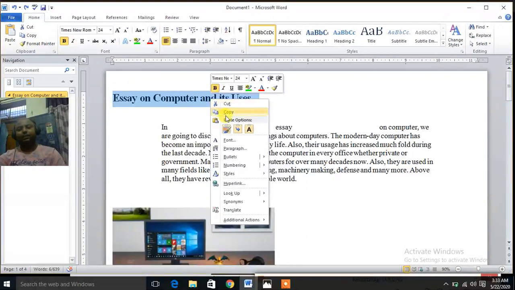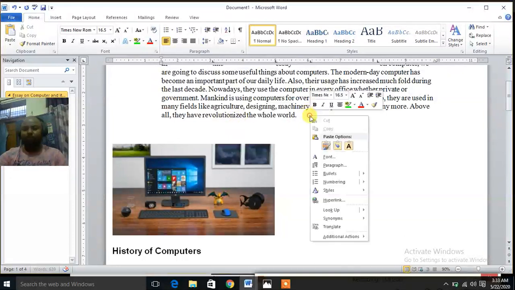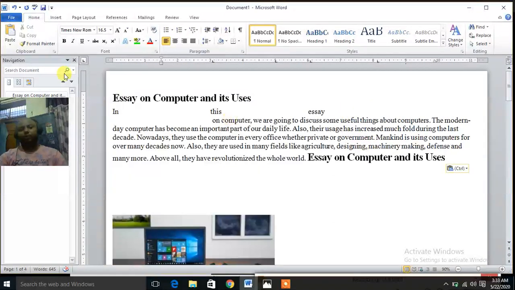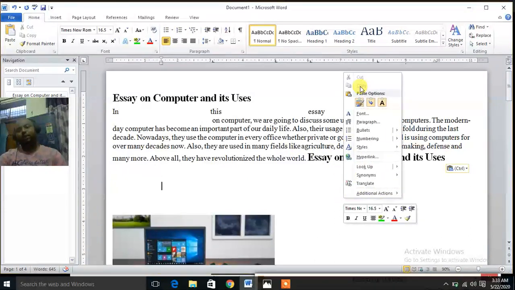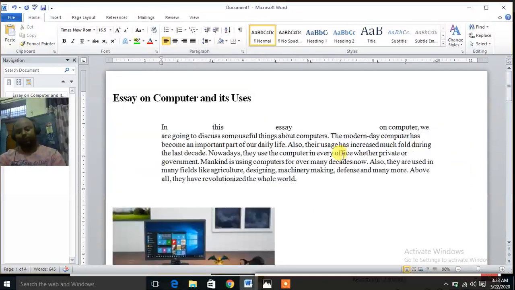right click, click on copy. If you want to paste here, right click, select here. So bring your cursor here and just right click and click on the paste option like this. So these are the three ways. First from the clipboard, second from shortcut keys on the keyboard, and third from the context menu by right click, and from here you can do this copy and paste.